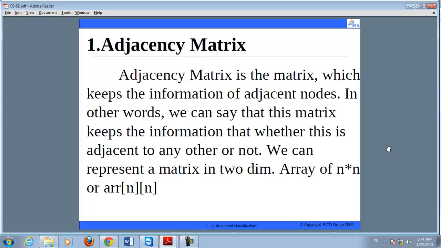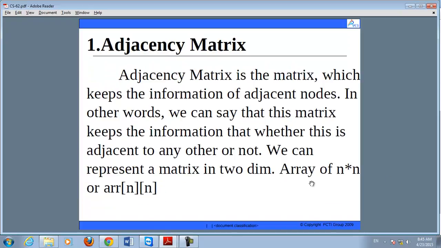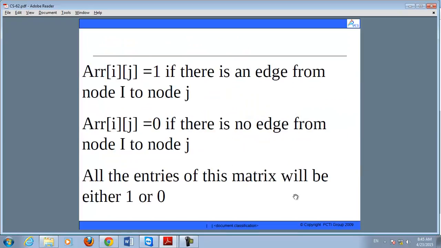In other words, this matrix keeps the information whether there is an adjacent node to any other or not. And the adjacency matrix is represented in a 2D array of n into n.